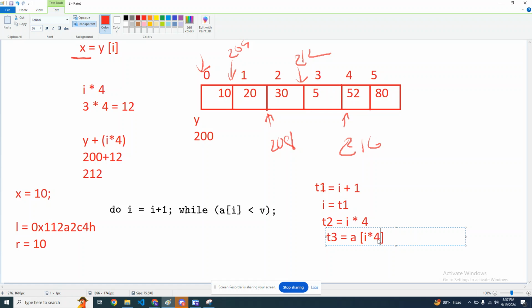And you cannot do this in one line because this array is an operator itself. So you cannot have another operator inside. So you need to give t2 here, right? Okay. So we have calculated this A[i] as t3. Now we say if t3 less than v, go to, if this is true, we need to